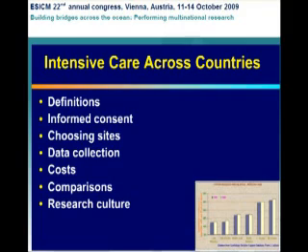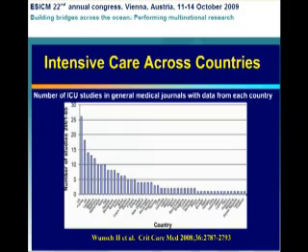give you examples of some of the issues that are involved and some of the problems that we've had in some of our multinational research projects. Some relate to definitions, informed consent, how you choose sites, data collection, costs, various comparisons, and what are the problems making these comparisons. And something I think that's important for us as intensivists in terms of looking at a certain culture of research. So if we look through the literature over the years, there have been more and more studies coming from ICUs in various journals, and interestingly enough, there have been more and more multinational research studies also being